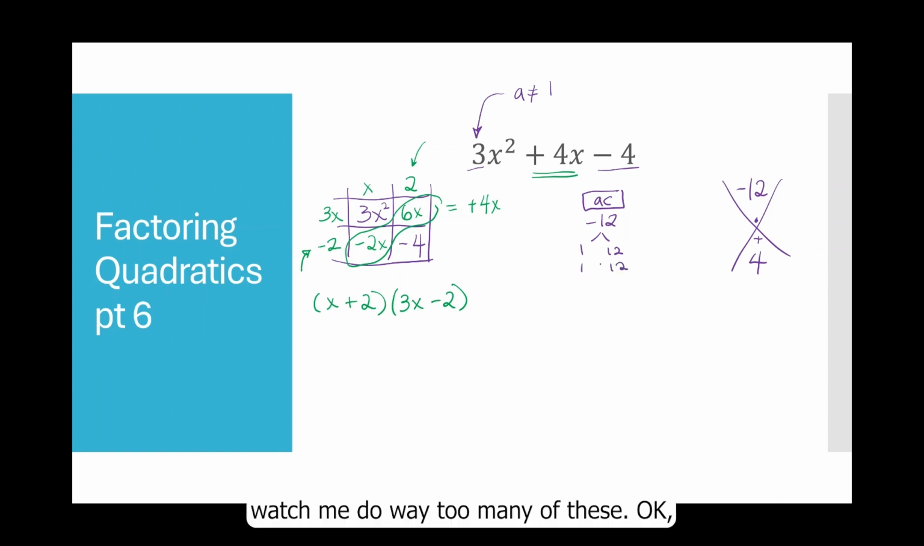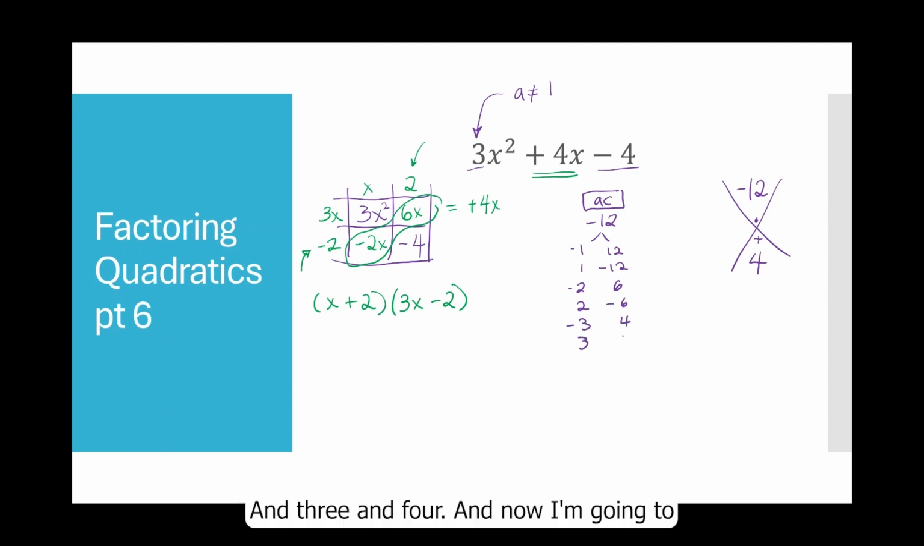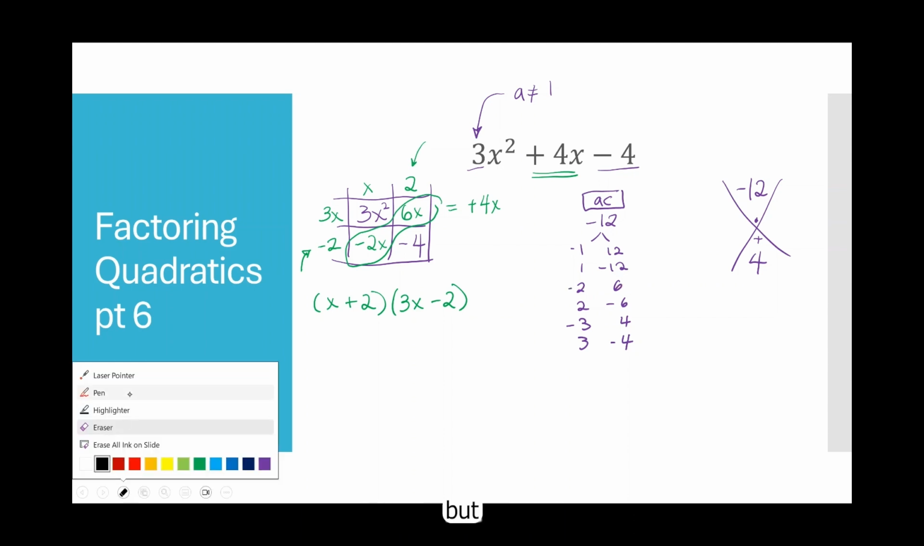Watch me do way too many of these, okay? 2 and 6, 2 and -6, 3 and 4, and 3 and 4. And now I'm going to look through these to figure out which one adds up to +4. I see it right here, but oops, that was not the highlighter. I see it right here, but